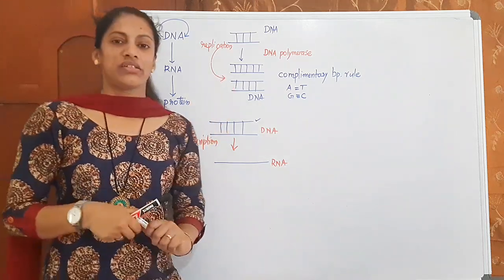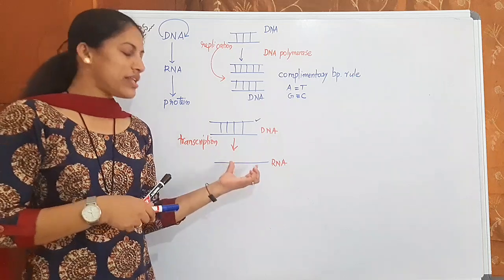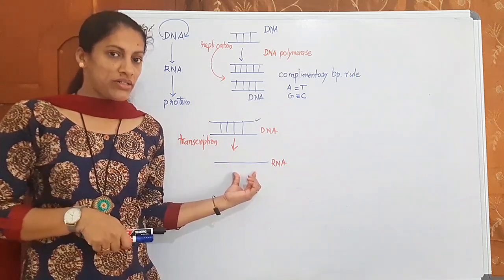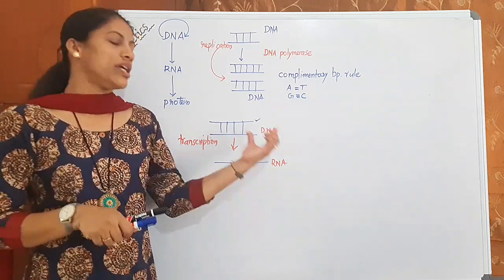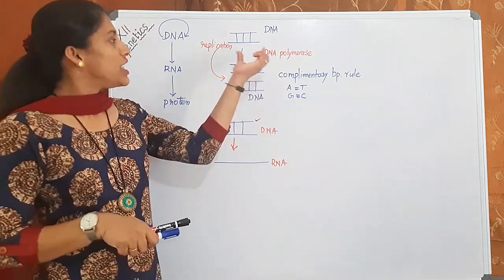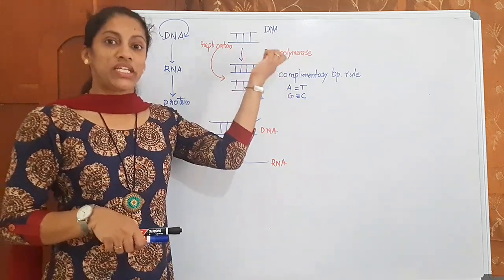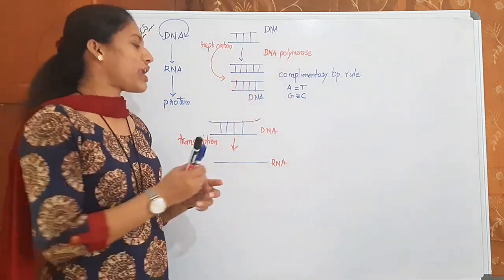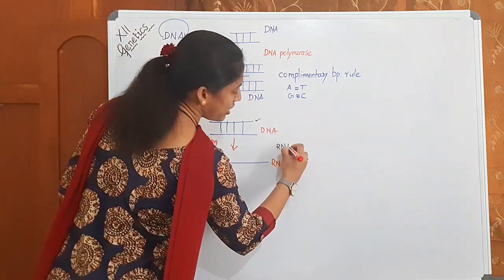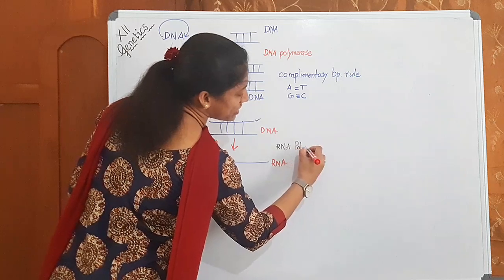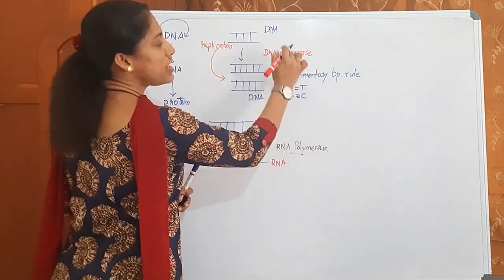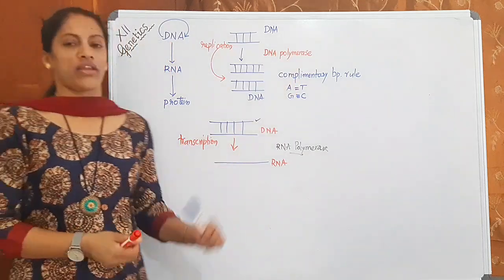Here, in replication, the enzyme is DNA polymerase. This enzyme cannot initiate. It initiates with the help of an initiation factor. In transcription, RNA polymerase initiates with the sigma factor and terminates with the help of the termination factor, rho factor. We discussed that. So here RNA polymerase alone is involved. There, DNA polymerase is involved and it requires the help of RNA polymerase.